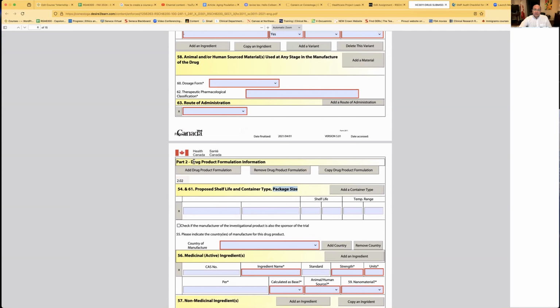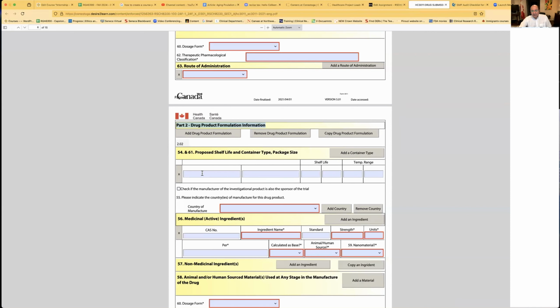Here part two, because the part two drug submission is for giving a DIN number. When we are having a drug, we may have two formulations. We may have a 2 milligram tablets and 4 milligram tablets. In this case, Health Canada is asking us to prepare two part two drug product formulation information sections. So if we have two formulations, we need to have two of these parts. So one is going to be, again, the ingredients, excipients, the dosage, and the second part two will be the